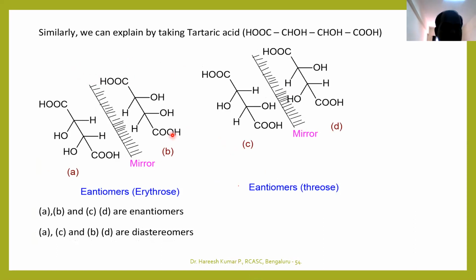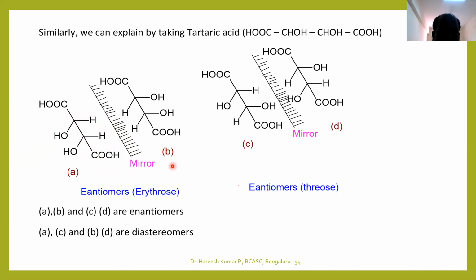So here, similarly, this is the best example. The name of this compound is tartaric acid. I think you are aware that erythro is nothing but meso tartaric acid. Meso tartaric acid has a plane of symmetry. Because of this plane of symmetry, even though it contains chiral carbon atoms, it is optically inactive, because the optical rotation of one chiral center is cancelled by the other.